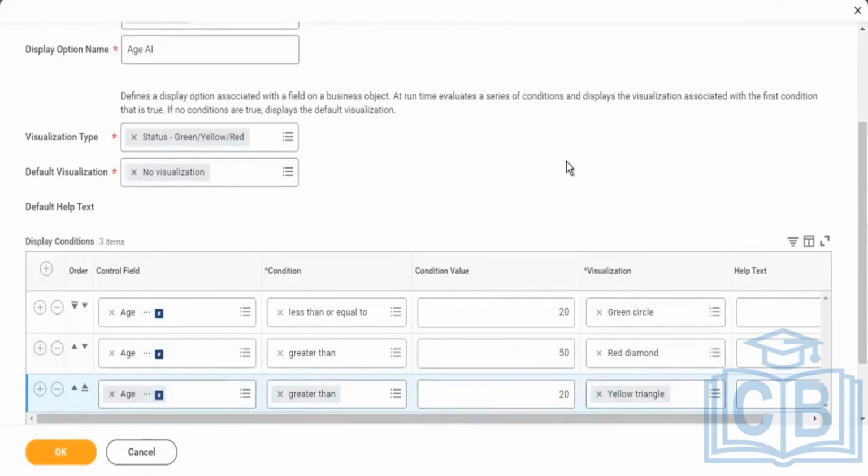Created a visual representation. Again, as I mentioned, you can create it for any applicable data, and this is especially relevant for performance-related data. And when I run this report,